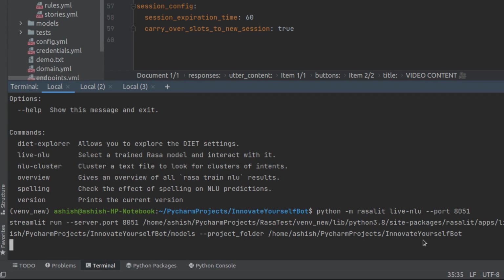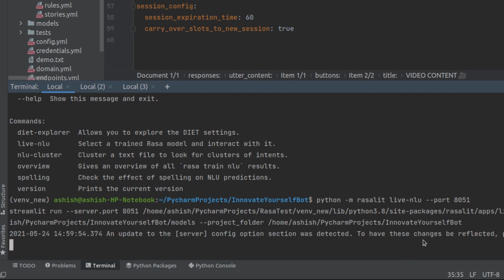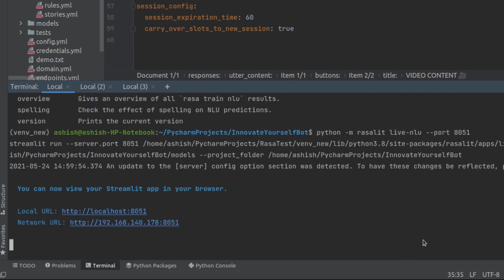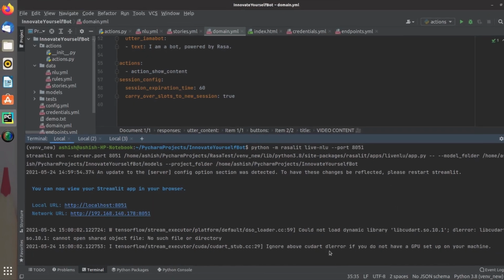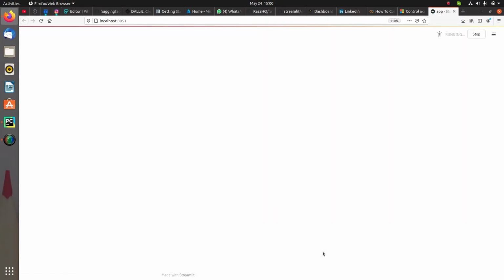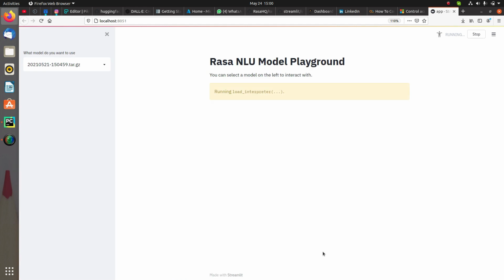It will start the server, and that server will be opened in the browser, and in that browser you will be able to check all the commands in real time, or let's say in the live mode. So now wait for it to open. Now wait for it, you can see it's running over here. So just wait for it to open completely.